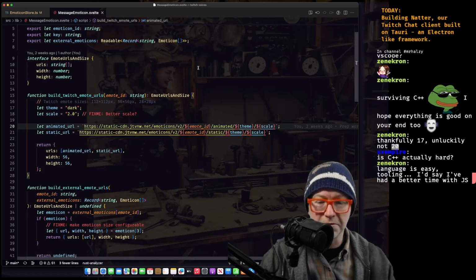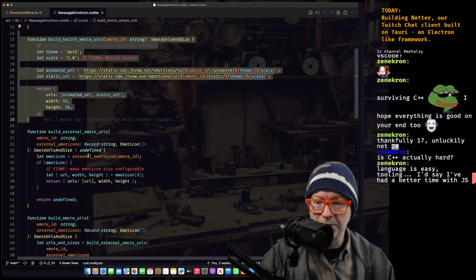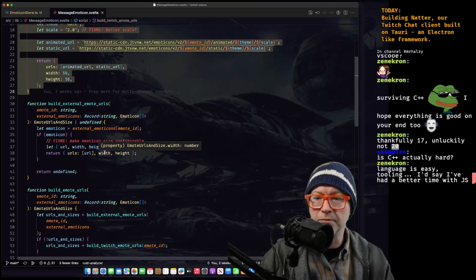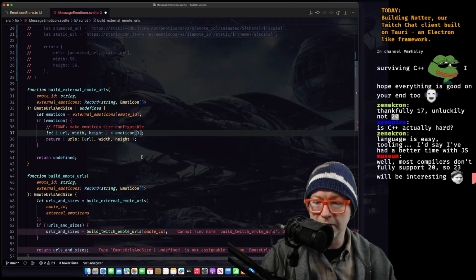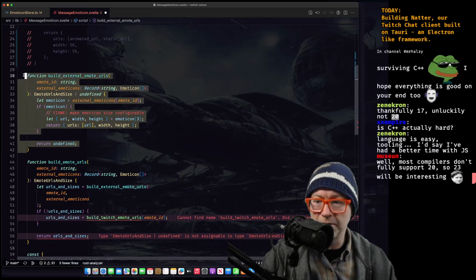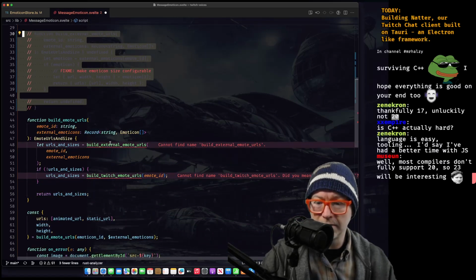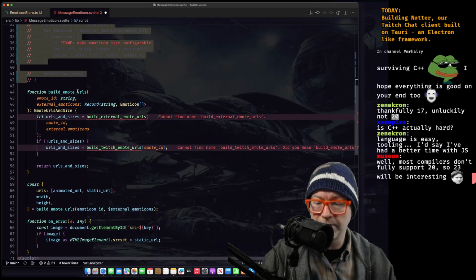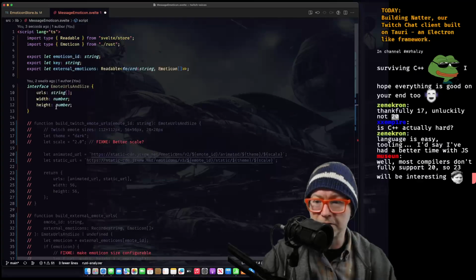I think this was moved into Rust. No, I'm pretty sure. So we probably don't need that anymore. See, what about build external emote URLs? No, I think we already got that. Right. Just comment this stuff out. Leave it for reference. We'll delete it later.